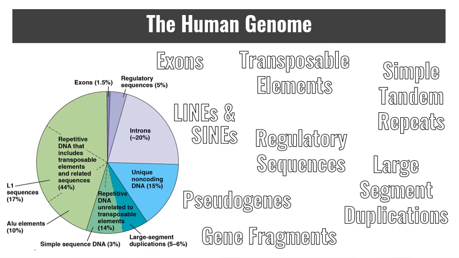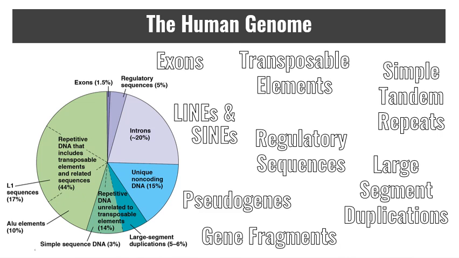Okay. Overall, the LINEs, for example, are majority inactive, but they contribute to the instability and the evolution of the genome, and it's tightly regulated by DNA methylation and things like Piwi-interacting RNA. The Alu elements, which are the majority of the SINEs for primates, play a role in evolution as they are highly conserved. Repetitive DNA that is not transposable is about 14%,